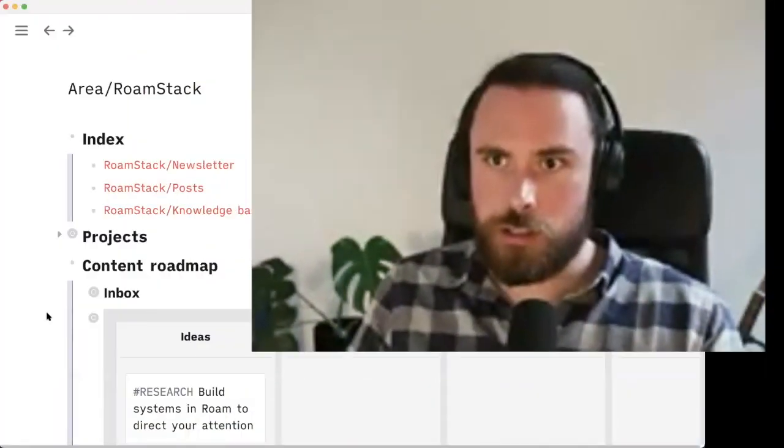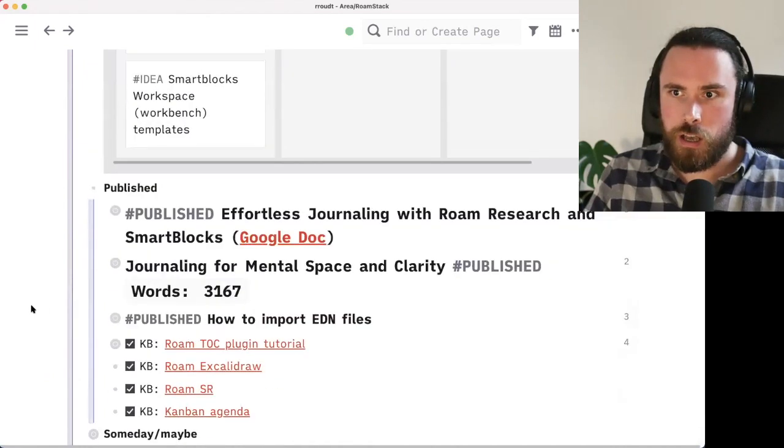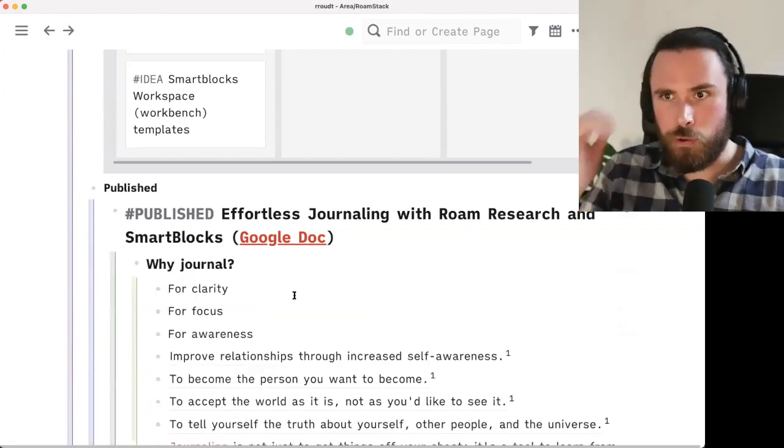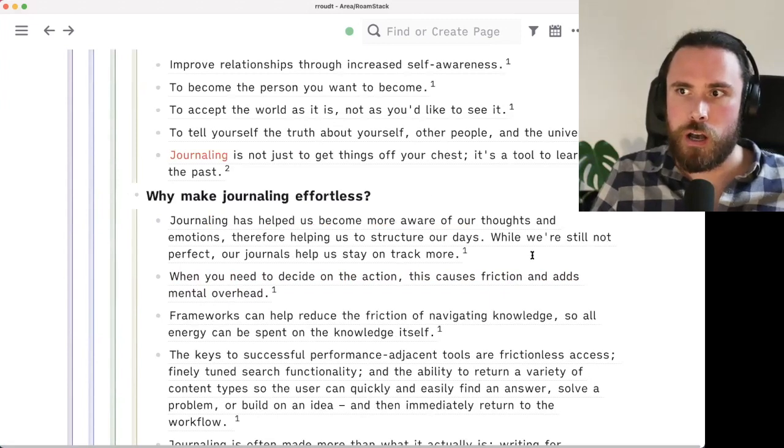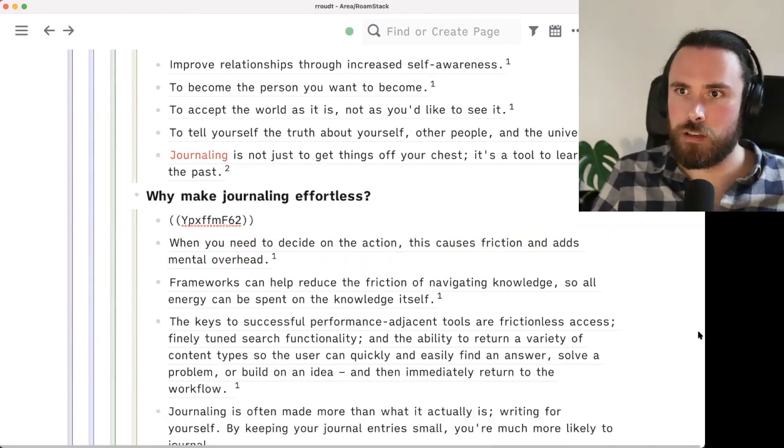How I normally use all the writing that I do in my fleeting notes and my literature notes is, like I said, I build outlines based on just blocks, and I will show how I do it in the case of Roam Stack. So this is my Roam Stack page. And then let's see, for example, here, this is how I create my outlines. So I basically just look for blocks. So in this case,